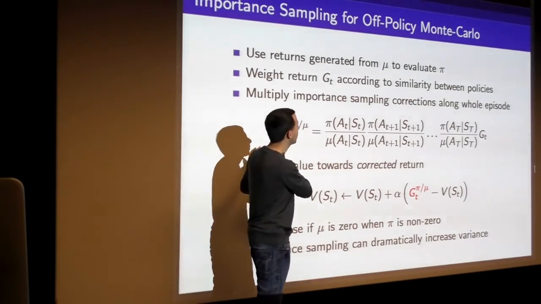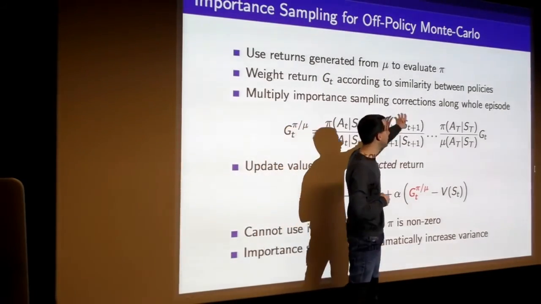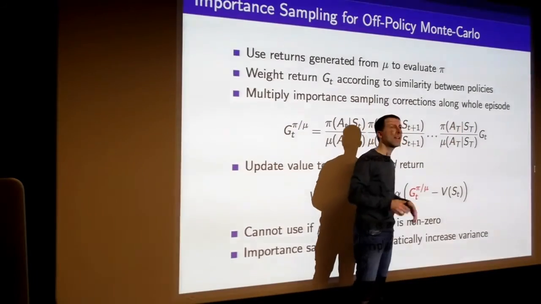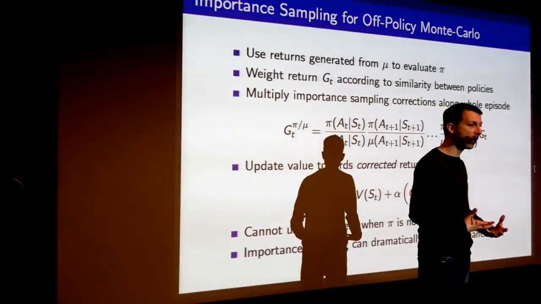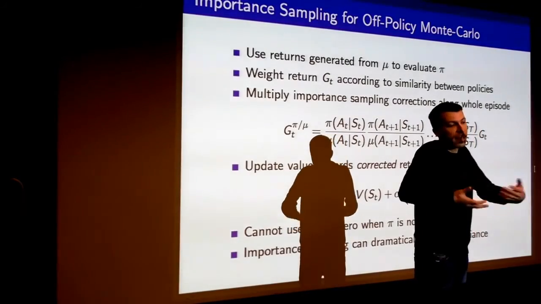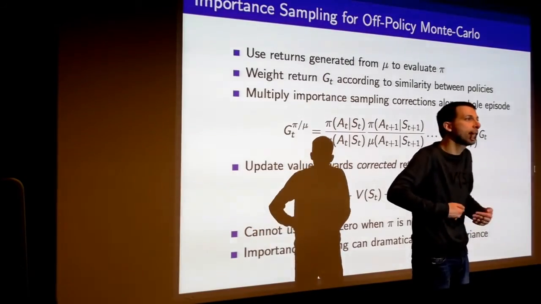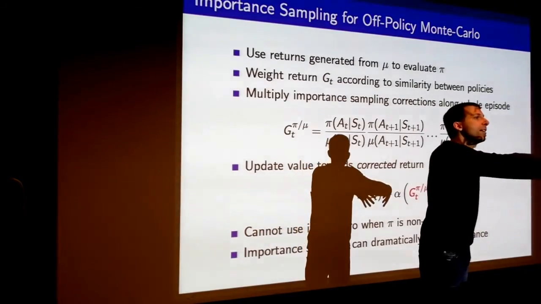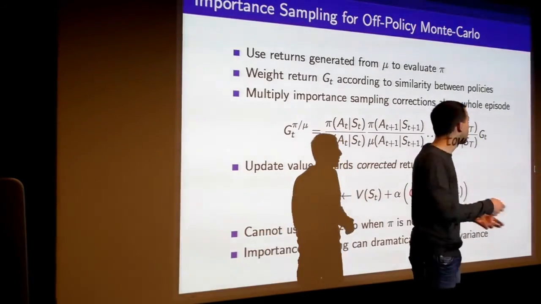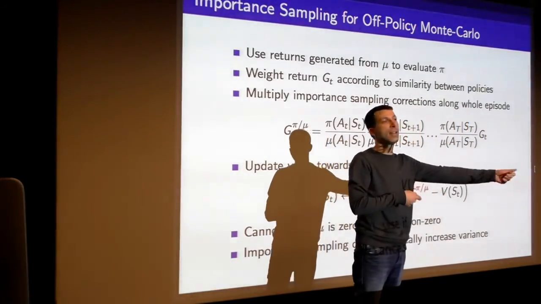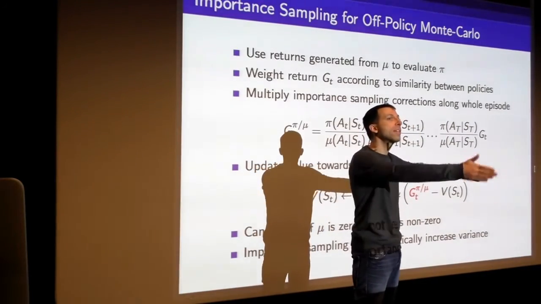So when we importance sample in Monte Carlo, we have to look at the trajectory. We have to multiply these importance sampling ratios across the entire trajectory. Like every single step, there was some action I took according to my behavior policy, and there's some probability that action would have been taken under the behavior I'm actually trying to learn about. So you have to multiply these ratios together, and in general it becomes a vanishingly small probability that the return that you saw under your behavior policy gives you any information at all about what would have happened if you followed some completely different behavior.